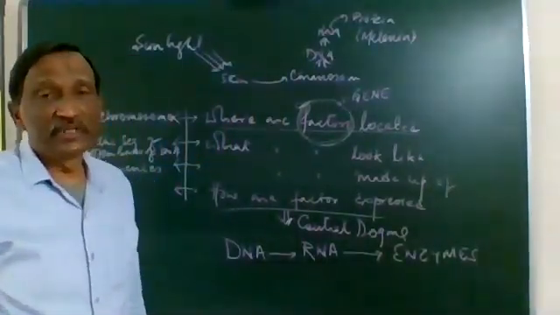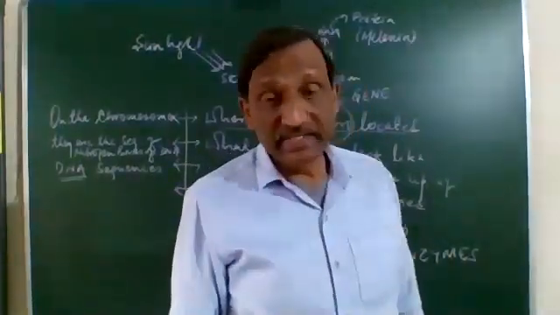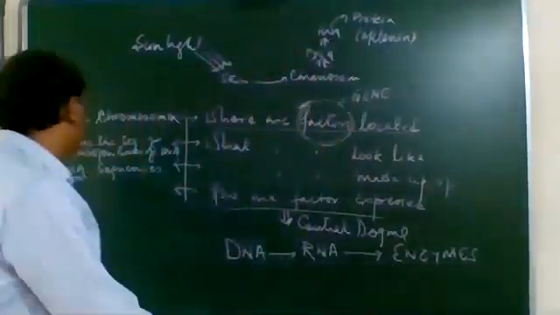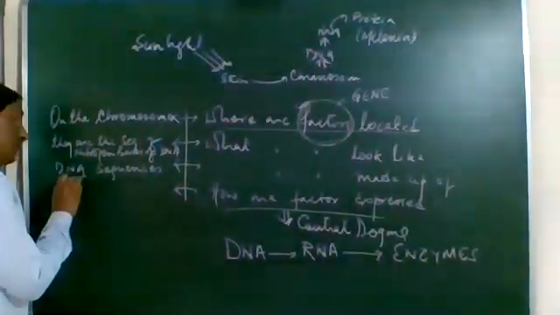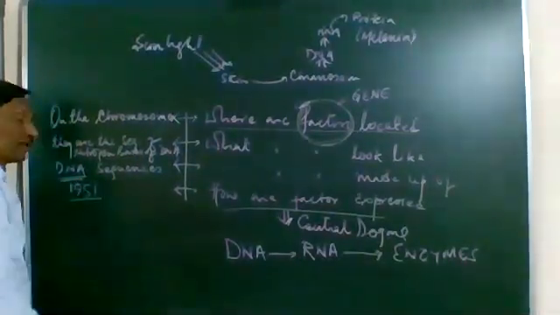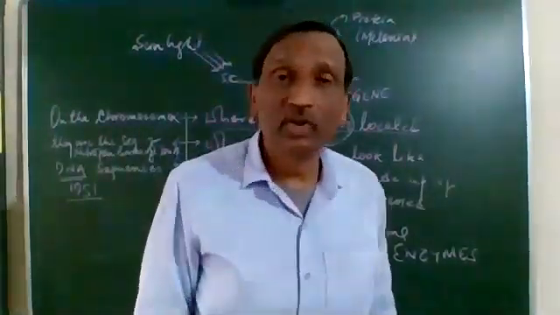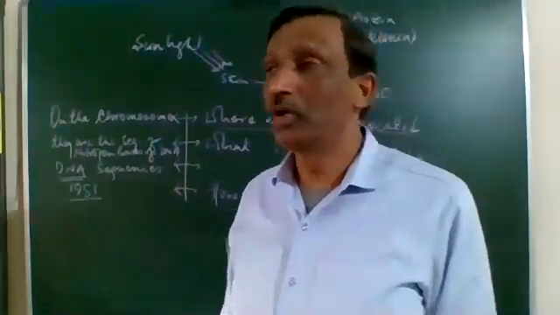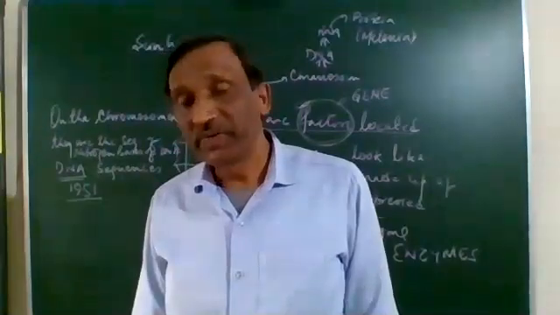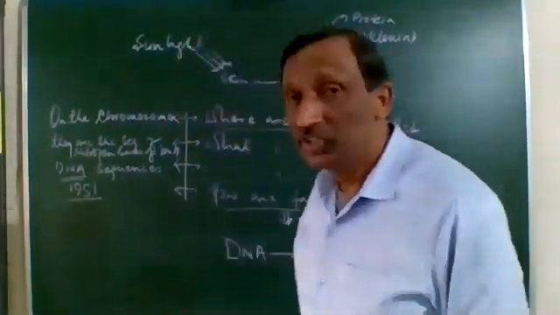The factor was replaced by the term gene in 1907 by the scientist Johannsen. In 1951 we came to know that factors are actually made up of DNA. So the science grew slowly, because there were a lot of complications there. Whatever we know about inheritance today, its seeds were put by Mendel.